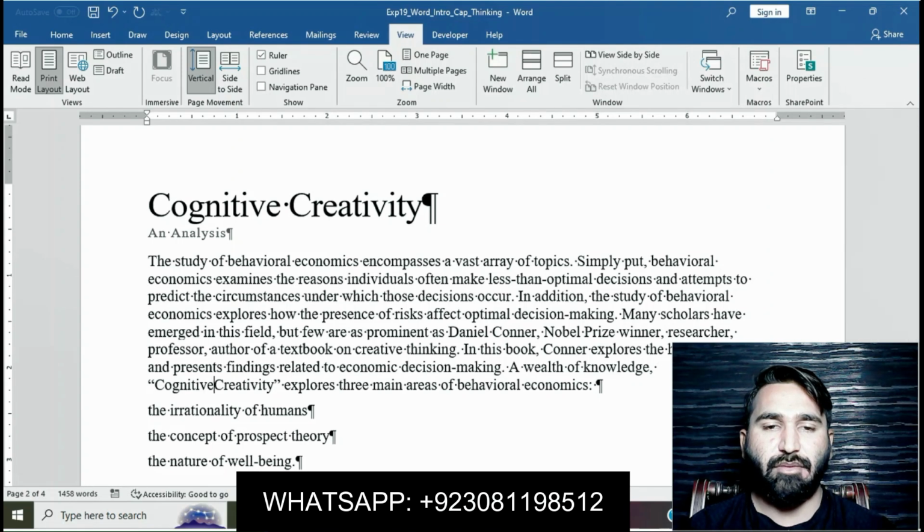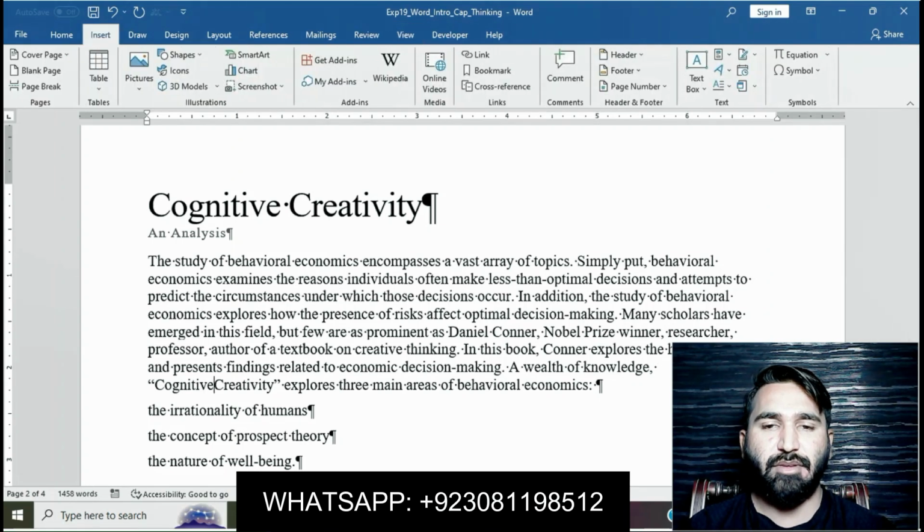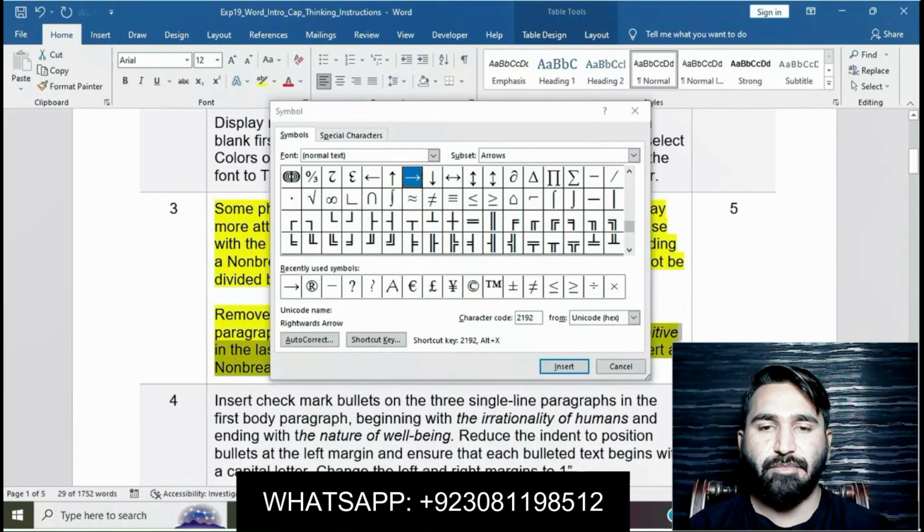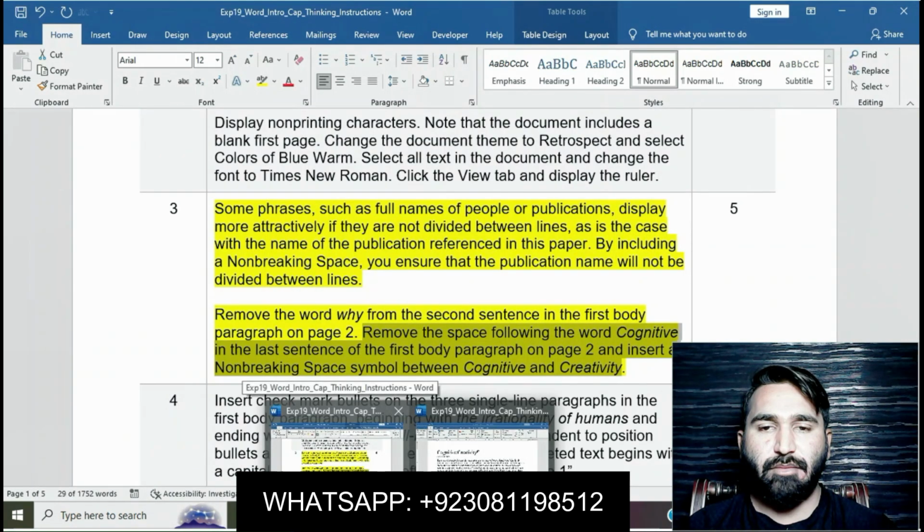Okay. Cognitive creativity. Between cognitive and creativity. Then go to Symbol and select the character, Non-breaking Space symbol.